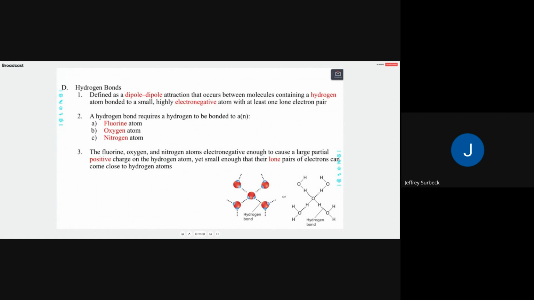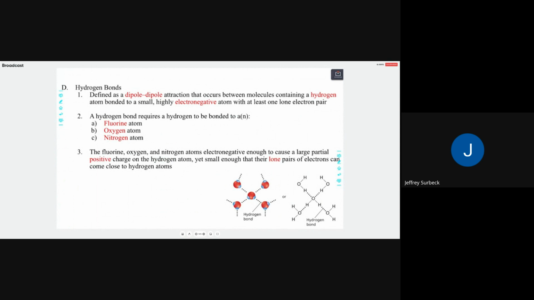Hydrogen has to be directly connected to an F, O, or N. The reason for this is that these things are really, really electronegative. They're going to almost rip away those electrons. They're going to pull the electrons really, really close to it. Okay? Only those 3 atoms bonded to it can form this, and it creates a very strong dipole interaction, and